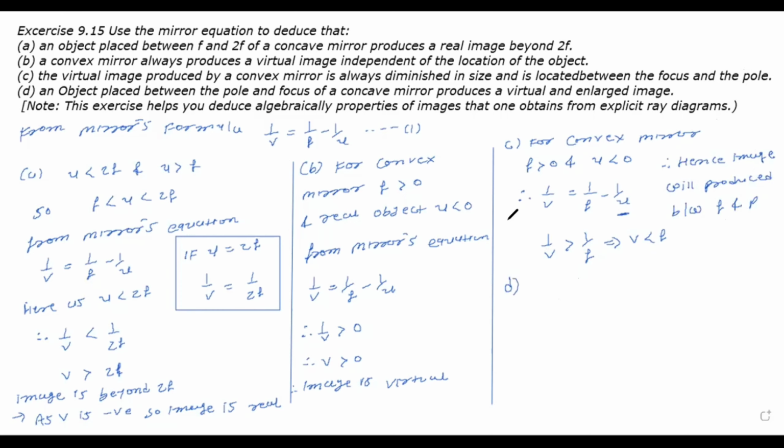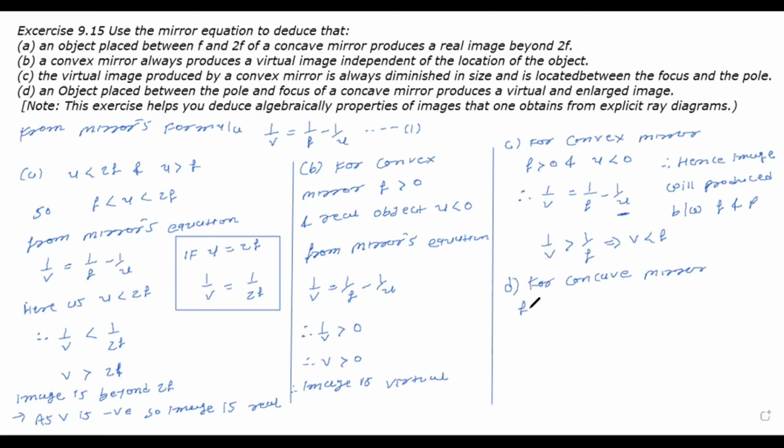Let's see part D. An object placed between the pole and the focus of a concave mirror produces a virtual and enlarged image. The object is placed between what? The pole and the focus of a concave mirror. Here we have a concave mirror. So here we can say for a concave mirror,